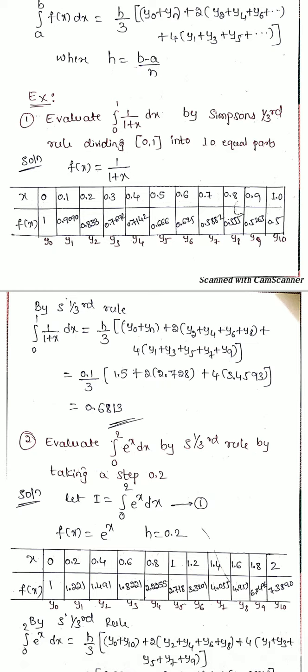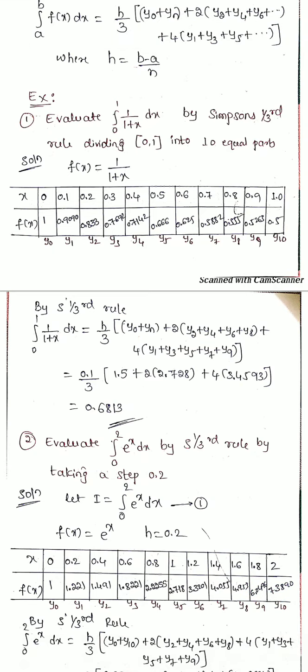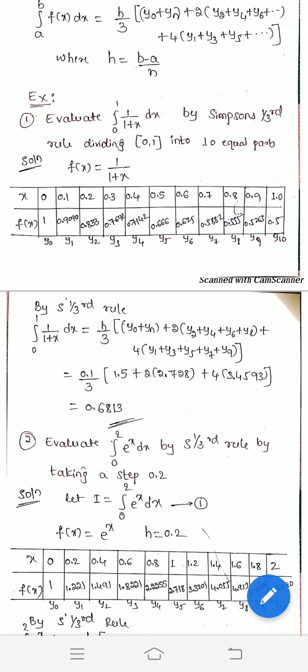10 equal parts means what is the h value? The h value is 0.1. Here everywhere the difference is 0.1. Therefore we can get the x values as 0, 0.1, 0.2, 0.3, and so on up to 1.0. Then corresponding to these x values, the y values are given by: